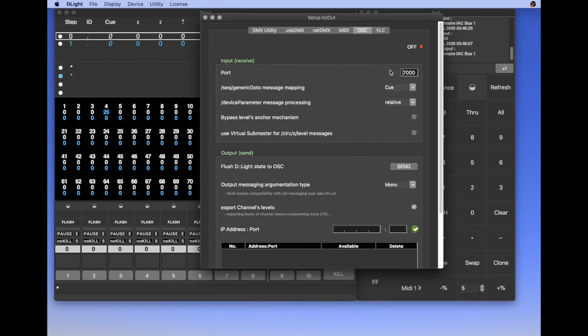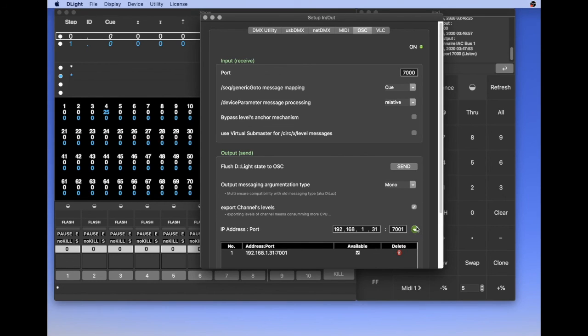OSC, it is a server, so you have to set it to on, and you can send. You will need to register an IP, for example 168.1.31, an IP and a port, 6001.